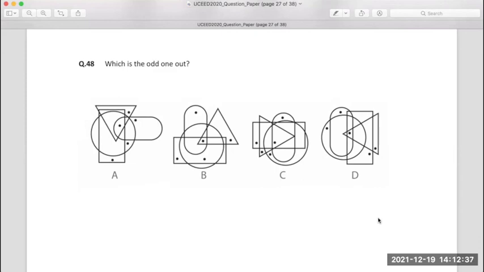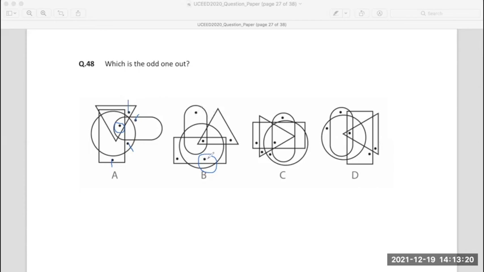That's what you're saying? Yes. How? Because the dot in the circle is also overlapping with the rectangle, but in any other of the figures, it's not happening. So what is happening in the other figures, A, C, and D, is there is one dot where all the shapes overlap, and there will be 4 other dots where there is no overlap of any other shape, but just one shape coming in that dot space. So this is a dot of the circle, this is a dot of the rectangle, this is a dot of that oval shape, and this is a dot of the triangle.